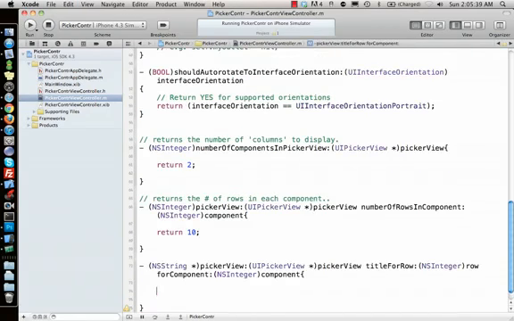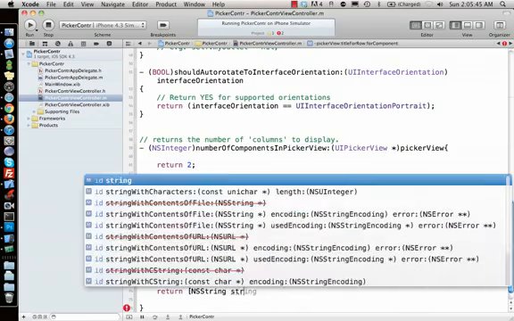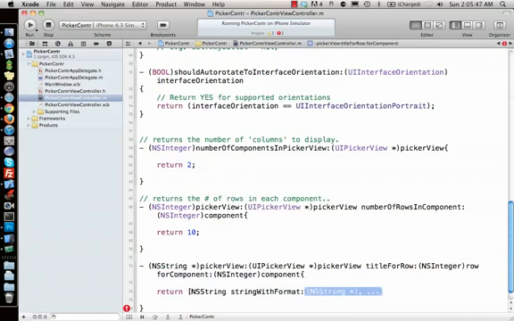I will say return NSString stringWithFormat. Let's make a string out of it, Hello row, and I want to show the number of the row, so I'll use the row given by this particular delegate method.